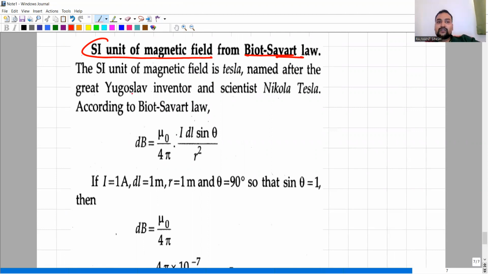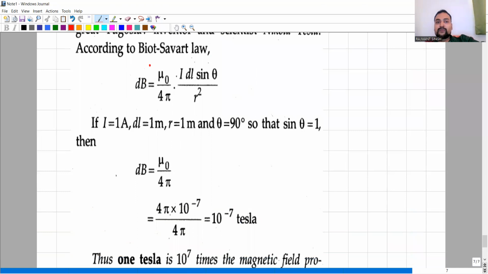So the SI unit of magnetic field is Tesla, and it is named after the famous scientist Nikola Tesla. Very, very important, very great scientist. So Tesla is the SI unit of magnetic field. Now, if you put in this formula I as 1 ampere current, dl as 1 meter, and theta as 90 degrees, so that sine theta becomes 1, and r also as 1 meter,